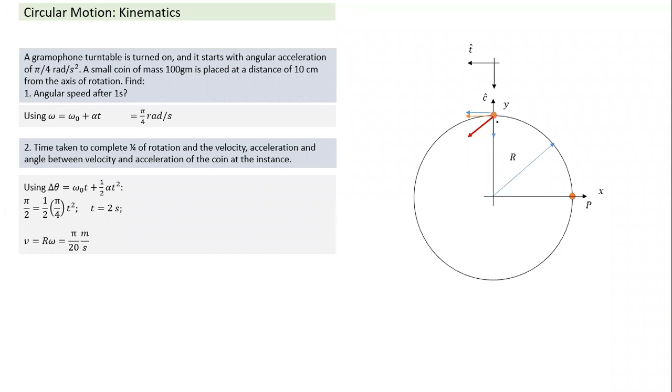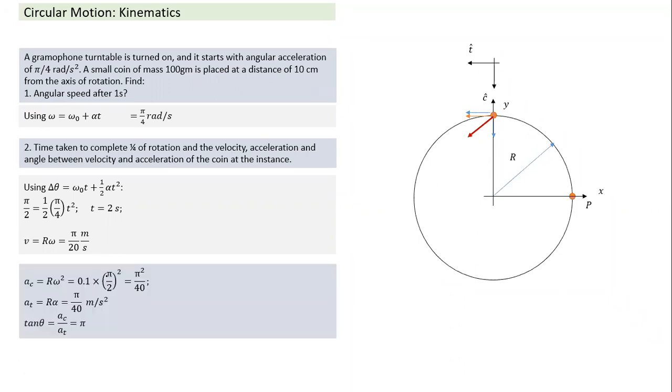When an object goes into circular motion, it will have instantaneous velocity and instantaneous acceleration. So see what we did here: though the parameter was given in rotation, at every instant we can calculate the linear parameters in terms of velocity and acceleration. Velocity is equal to r omega. So at this instant it is moving with this velocity, and we had acceleration. What will be the resultant acceleration? This will be the direction of the resultant acceleration. There will be the tangential acceleration AT here, and there's a centripetal acceleration.